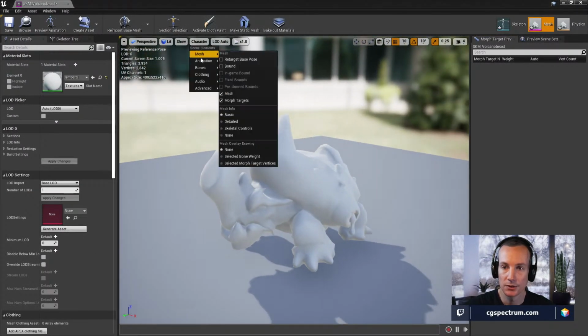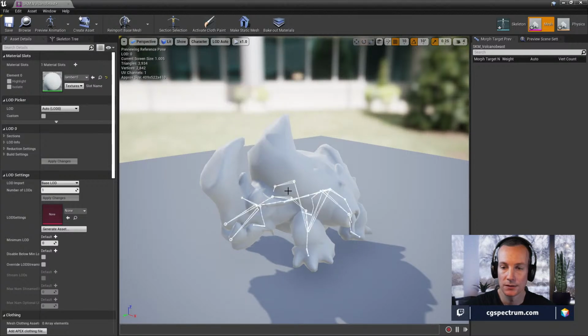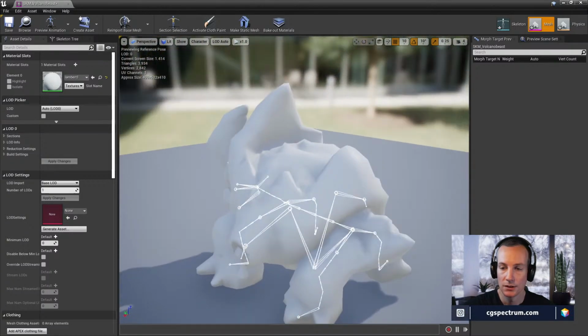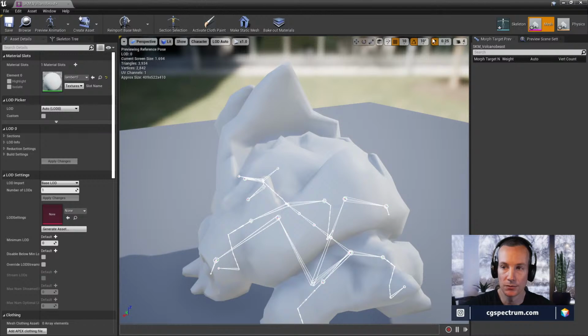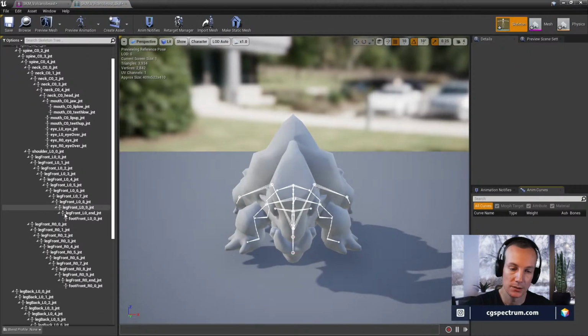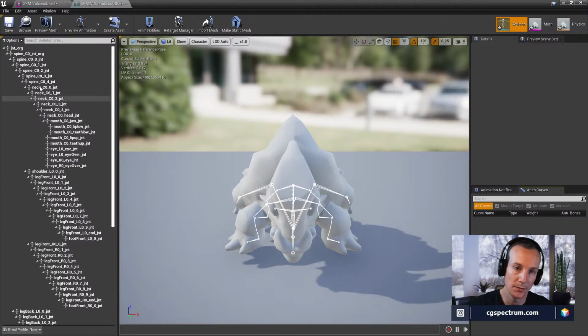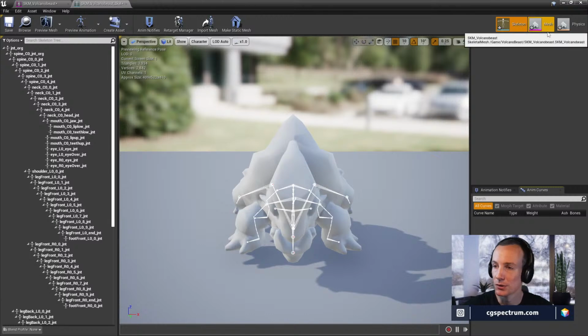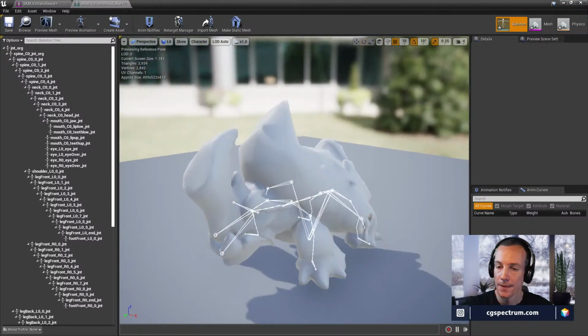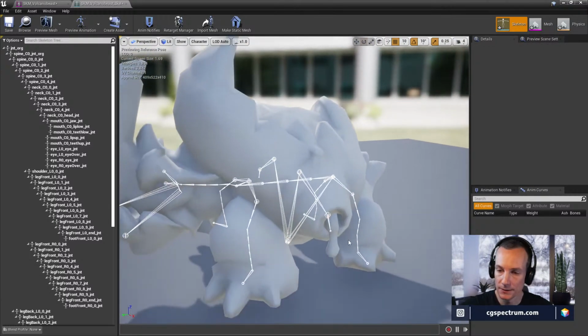Alright, let's see what our skeleton looks like. Ah, look, it does parent it to the root, as I suppose that was kind of how it was supposed to be. You've got the two root objects there, and they're going to this root joint called joint organization, not sure what that's for. But it looks like it came in.